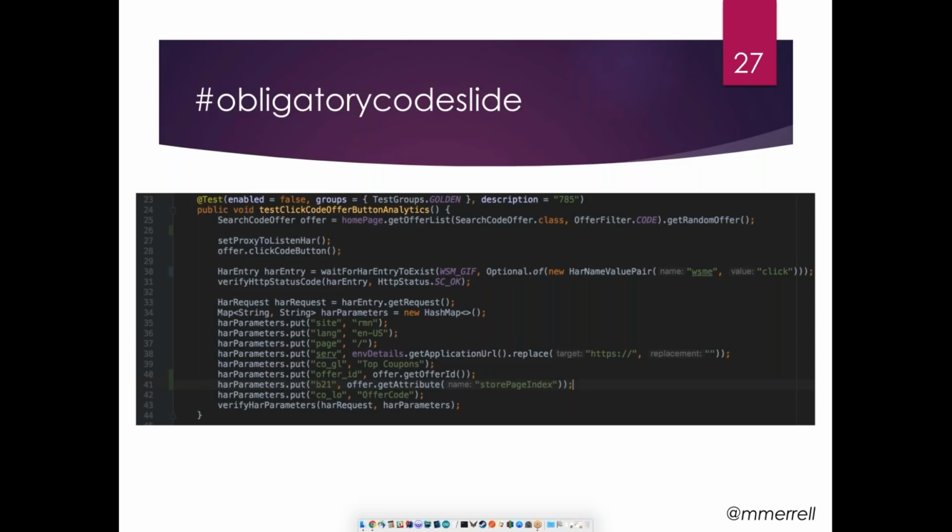There are probably 20 tests tagged with golden, which means these tests have to pass in order for us to say we are going to go live in production. And that's an enumerated type. It's not a string, so that's the reason it looks like that. It doesn't look like a string. It's an enumerated type. Once again, Adi, we could do a whole webinar on this framework. It's pretty cool.